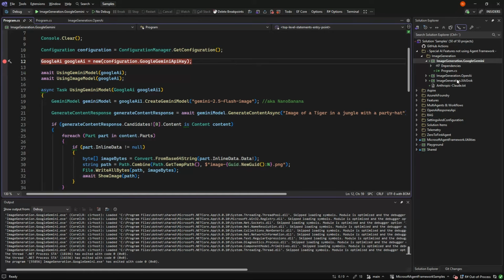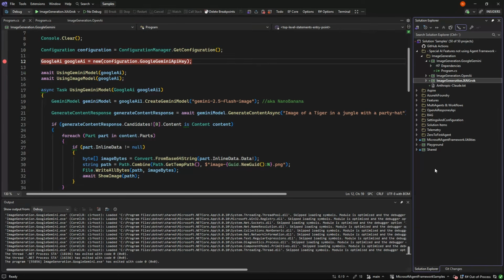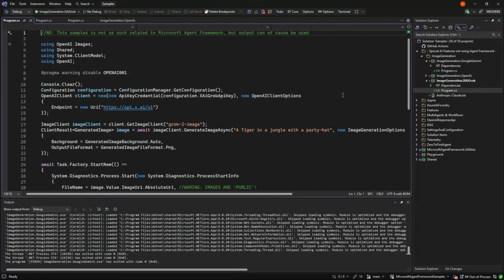Next up we have Grok. And Grok, if you've seen the first two zero to first agent, is using the OpenAI API. But I put it down here because they have some limitations. There's certain of these generation options that simply don't work.